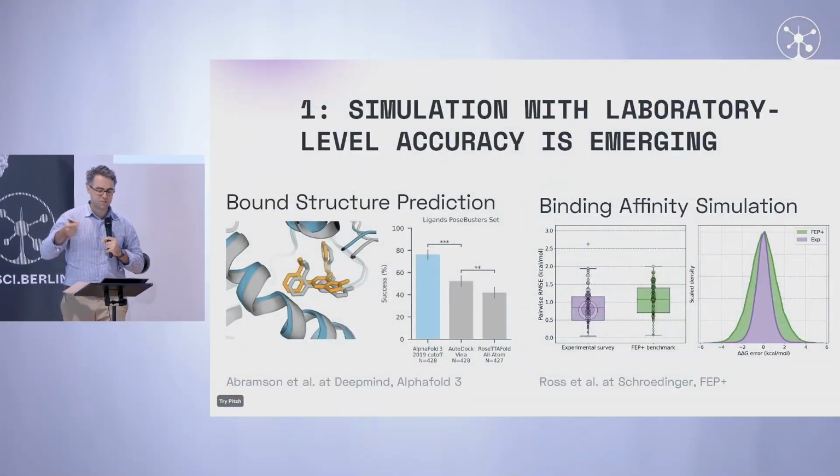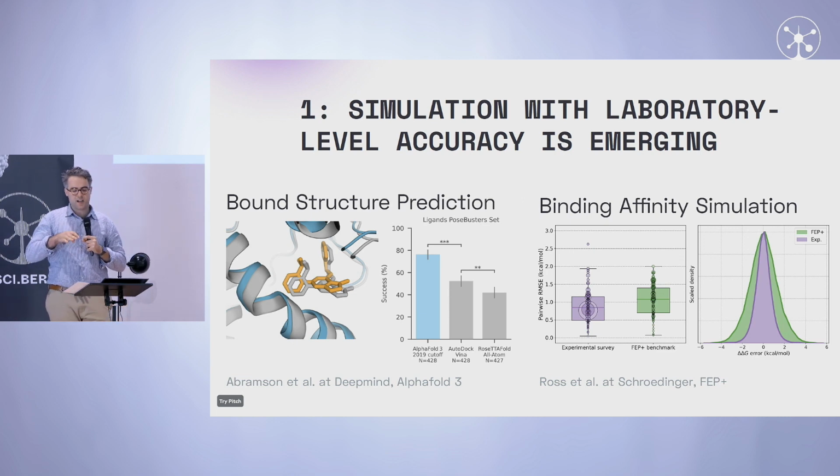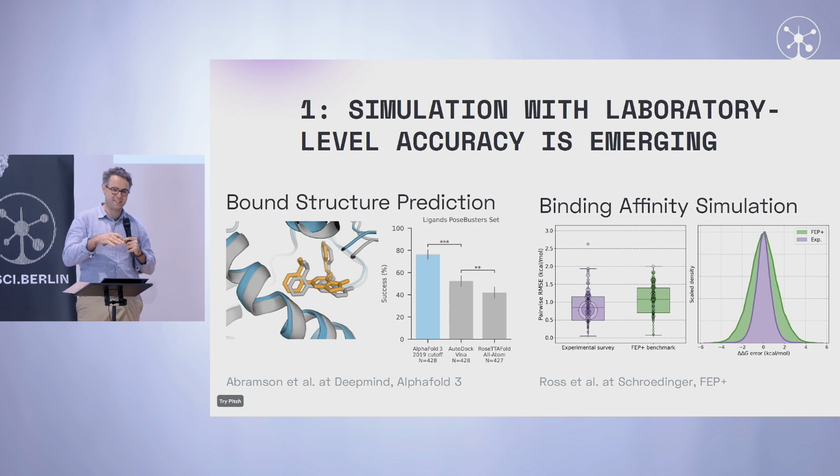When you now look at the accuracy, or in this case, the error that this FEP+ simulation suite is giving you relative to some of these experimental values, the errors are somewhat overlapping. The distributions of errors are about the same. This means we're now, I think, in this extremely exciting time where you can not only predict the structure of a small molecule binding to your target, you can actually measure the binding affinity or simulate the binding affinity at sort of the level of accuracy that you would get out of an experiment.